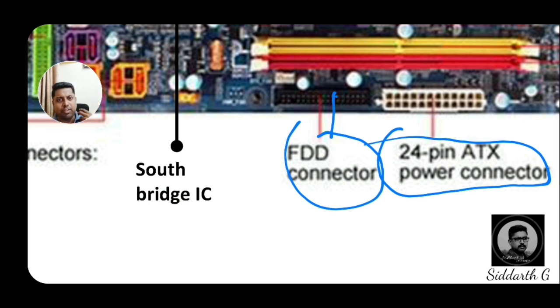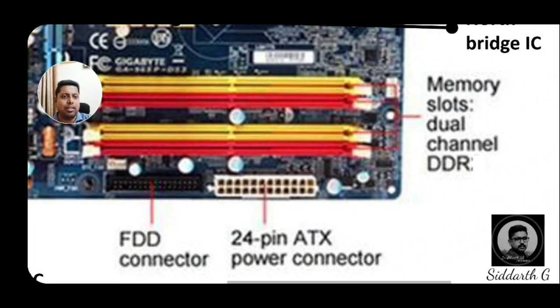Of course, if the motherboard wants to turn on, we need power. From where will we get it? From the SMPS, switched mode power supply, which supplies power to the motherboard with the help of this port. Through this port, the motherboard gets its power. So this is what we call a 24 pin ATX connector. Then after this,